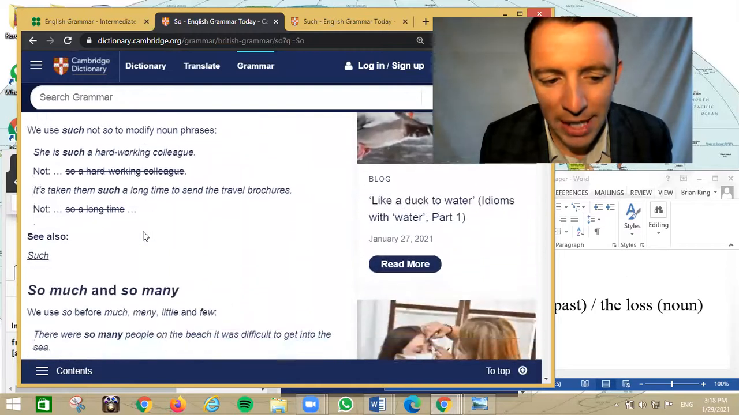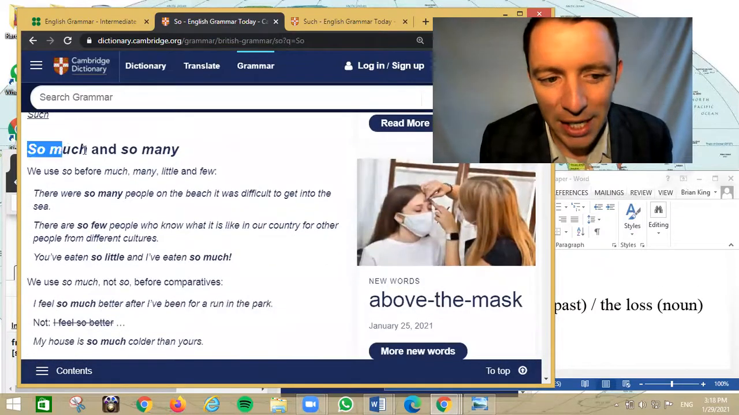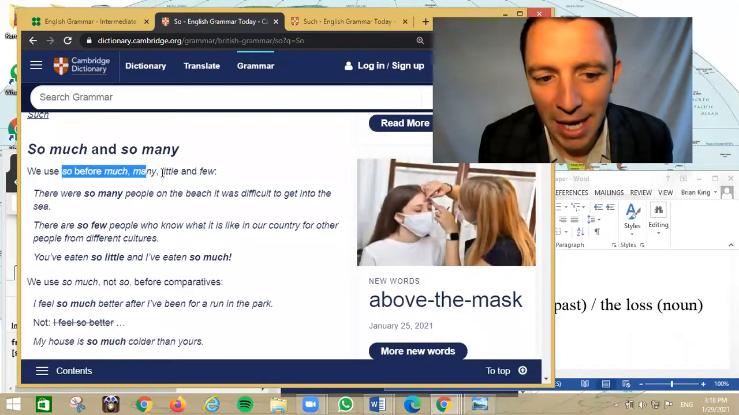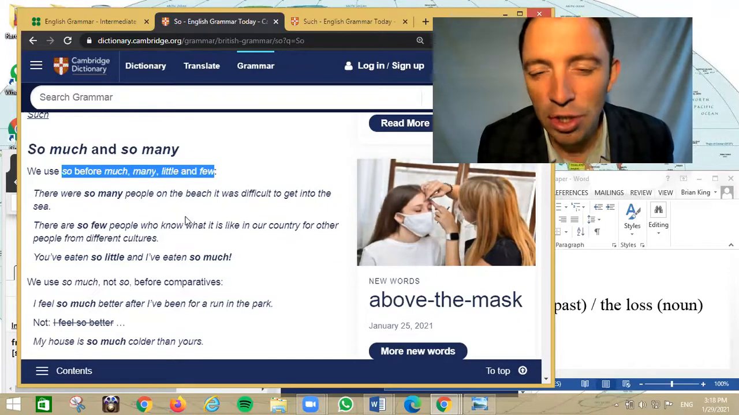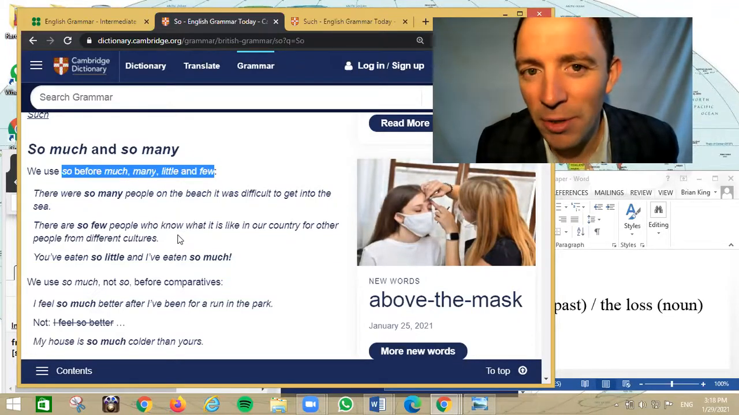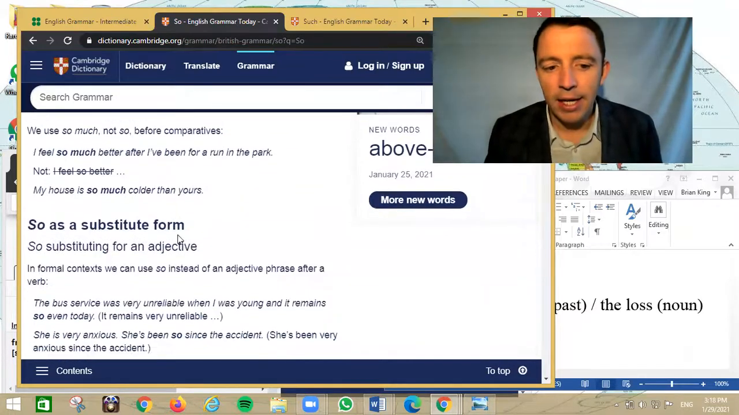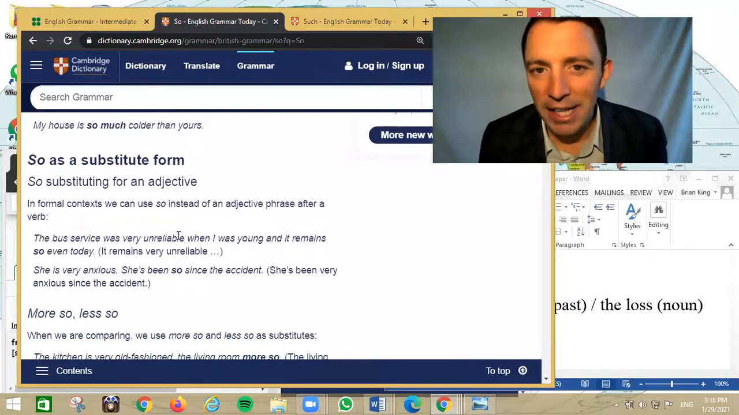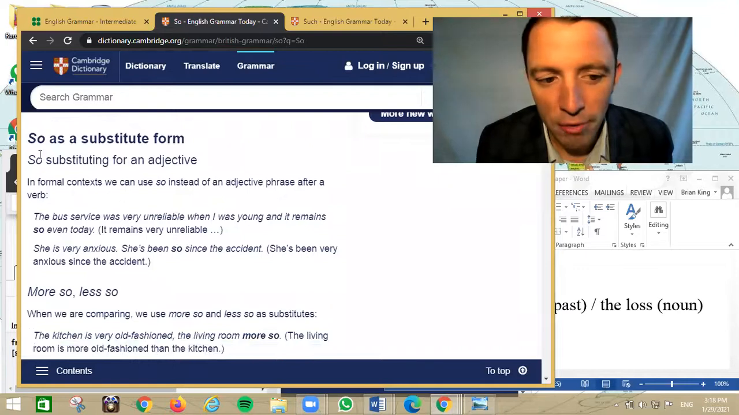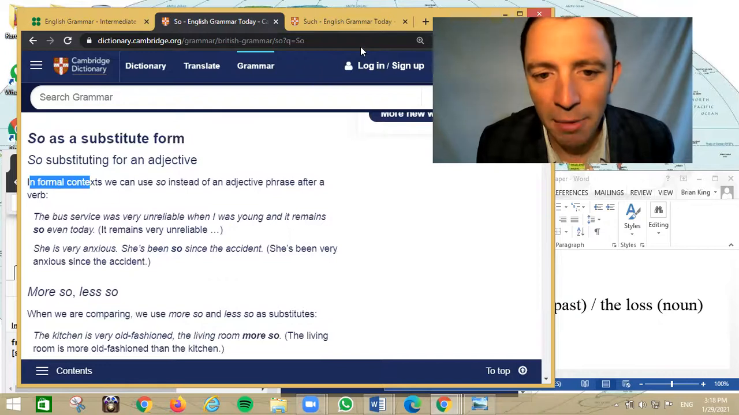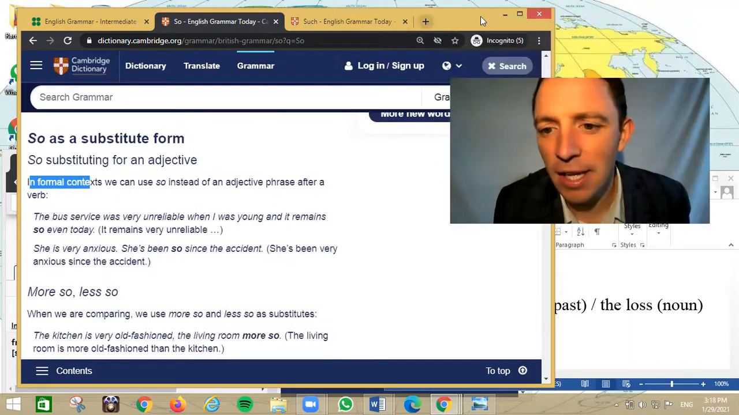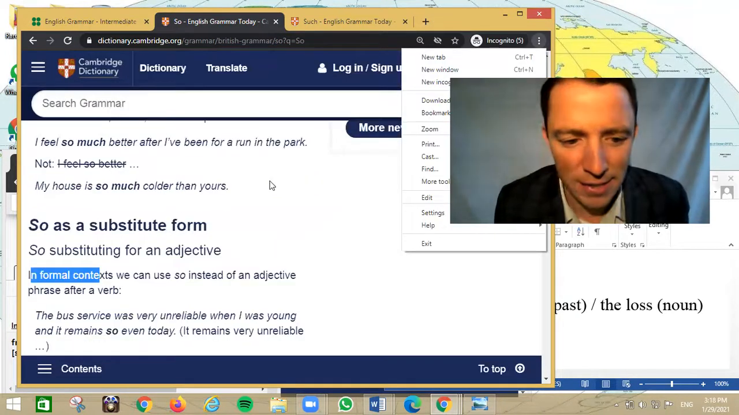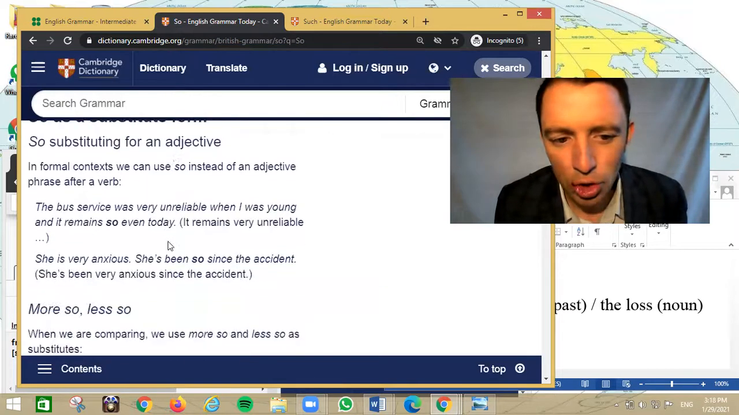So we will go to the next section, so much and so many. We use so before much and many, and little and few, again, to intensify. And we have seen that in the British Council explanation. Okay. Now, this is maybe a little bit more advanced and a little extra. So for substitution. Okay. And in formal contexts, and I'll make the page a little bit bigger so you can see it. So in formal contexts, we can use so instead of, en lugar de, an adjective phrase after a